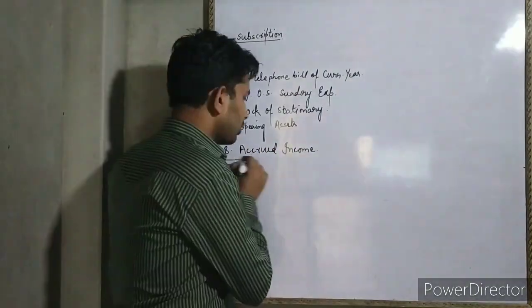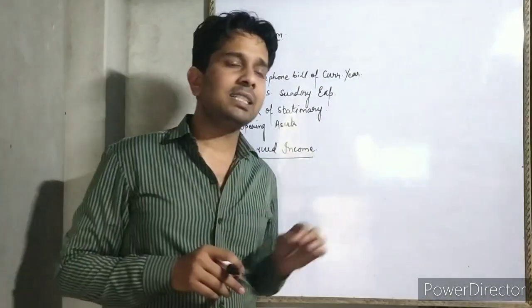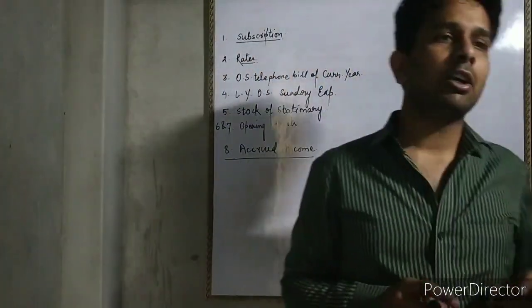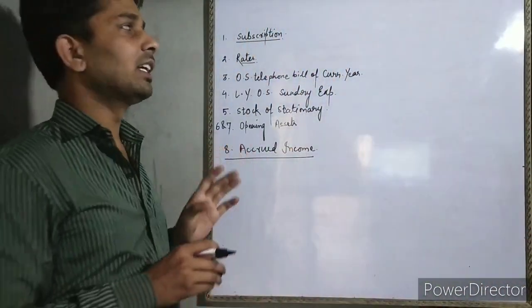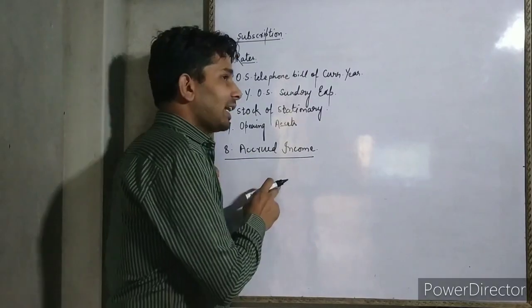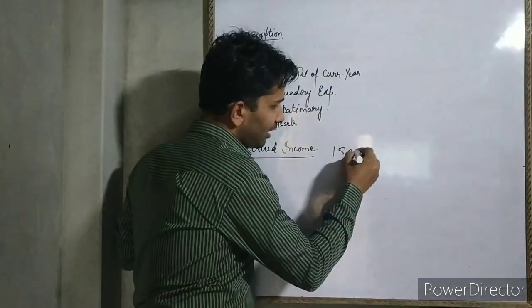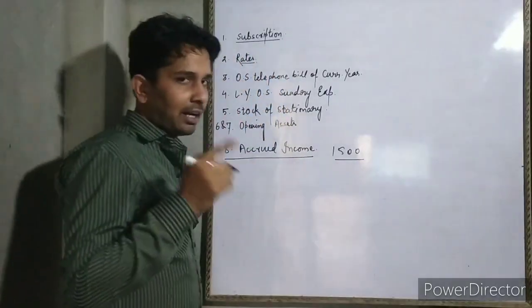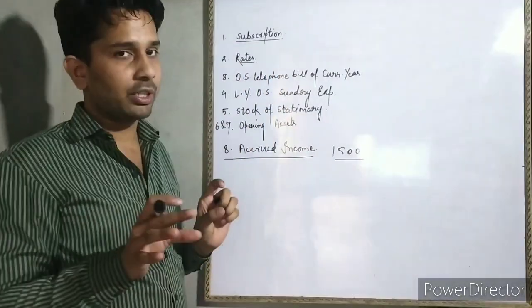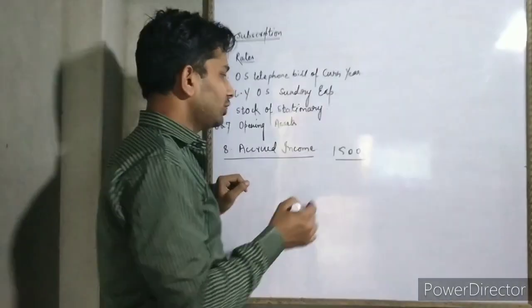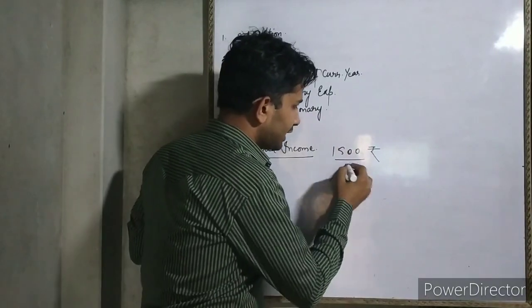Which type of accrued income is it? The question says that on March 31st, 2015, income accrued on investment purchased during the year amounted to rupees 1500. It means accrued interest on investment of rupees 1500. Every time, one adjustment will be posted twice in the question. That is the funda. So this 1500 rupees will be posted twice.